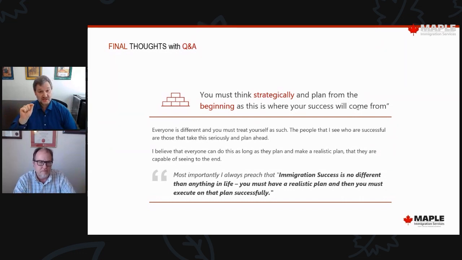But what we do is we think very strategically from the beginning, and we take an endpoint. You've seen me say this a lot. Here's my endpoint. This is what my goal is and my objective. And then we back it up and we plan that so that we can get that. It's huge. And that's what you need to do to truly be successful in any immigration application. Again, you can get on private chat rooms and, oh, this worked for this guy or that. Please don't do that, because everybody's situation is unique.